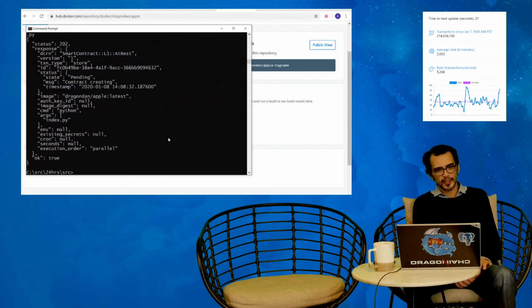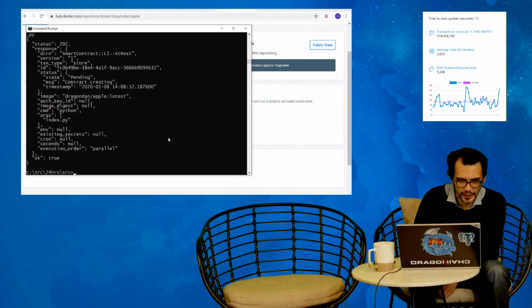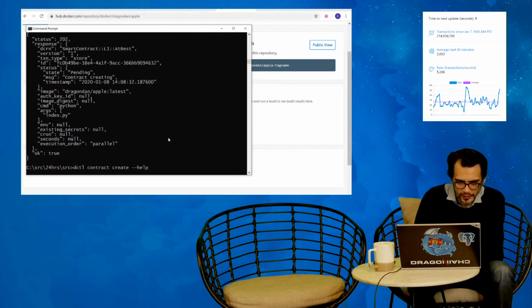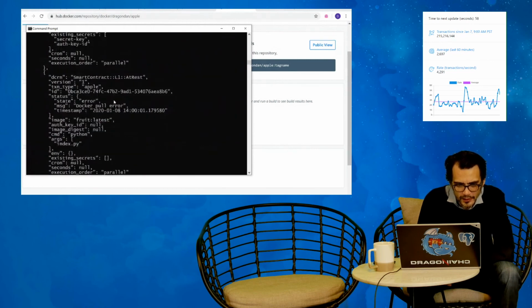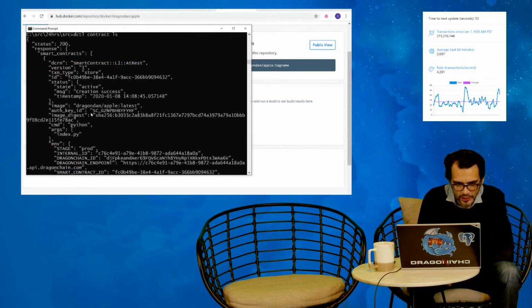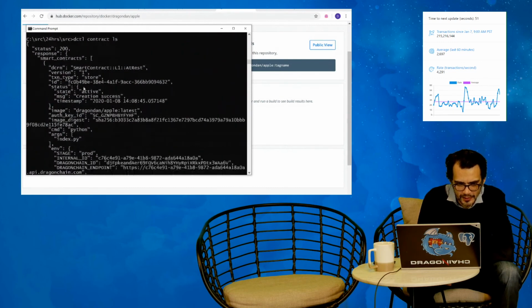So now, okay, I was able to create a contract on the chain, and it's pending right now. So let's go ahead and take a look. If I do contract ls, it'll list out all of my contracts on here. My apple one, remember when we posted it, it had a pool error. That's why I didn't post just now. But now I can see that the store one I just created actually got created properly,